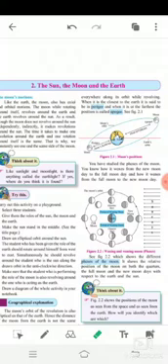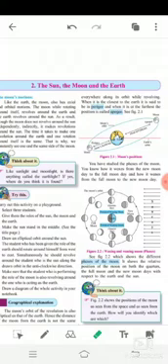Ask the student who has been given the role of the earth to rotate around himself from the west to the east and simultaneously to revolve around the student who is the sun along the drawn orbit in the anti-clockwise direction. Ask the student who is performing the role of the moon to rotate around himself and simultaneously to revolve around the one who is acting as the earth. Okay, draw a diagram of the whole activity in your notebook. You have to do this.